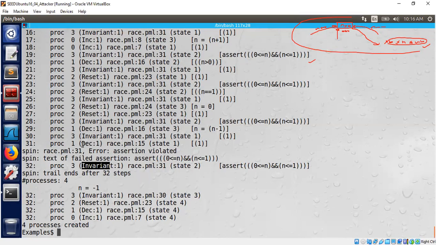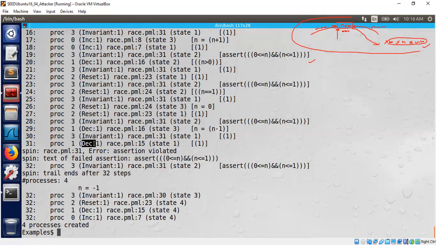So the last thing that ran is the dec. Dec is the decrement thread. By the way, Promela assigned a number 1 to that thread. That's the reason why you see proc 1 for the decrement thread. And we have only one decrement thread. You can have multiple decrement threads if you want, but we have only one thread. That's why it's putting a 1 here. Okay, anyway. So somewhere before the violation happened,